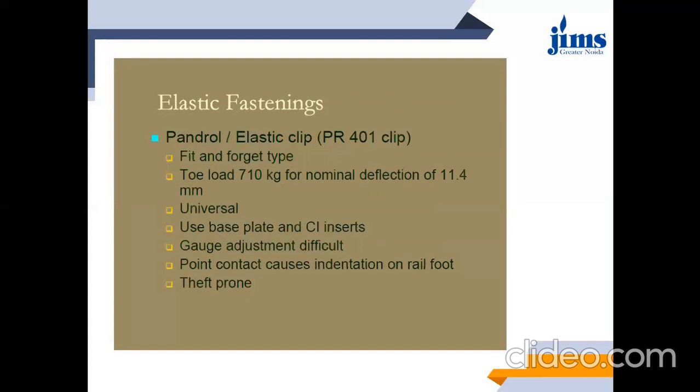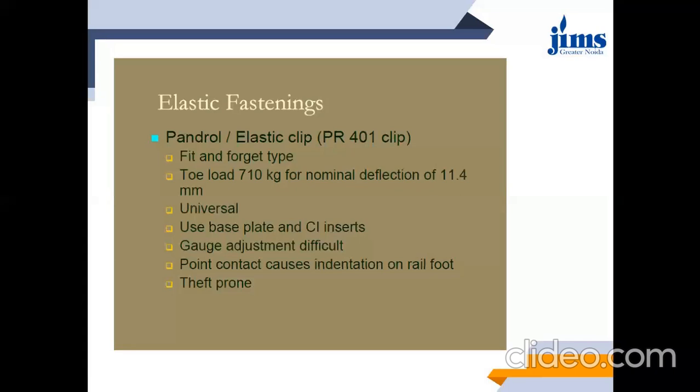Those are not actually maintenance free, but you need not replace them. All you have to do is, after some time, hammer these clips again at frequent intervals. Why? Because of vibrations and shocks created as a result of the movement of the locomotive, these clips get loosened. So in order to tighten them and fix them again properly, all you need to do is a bit of hammering action.